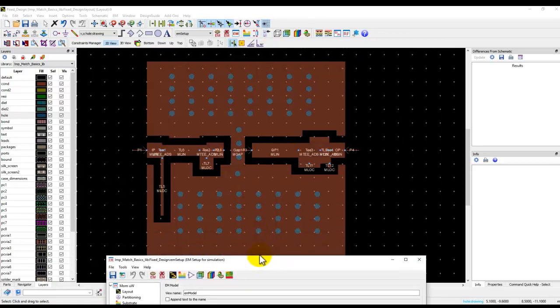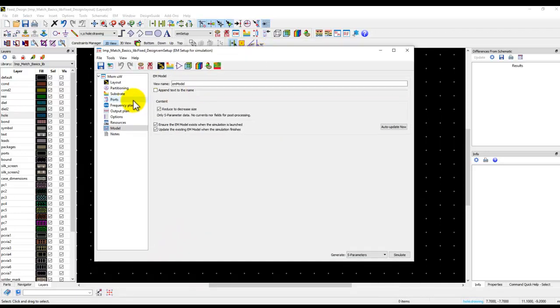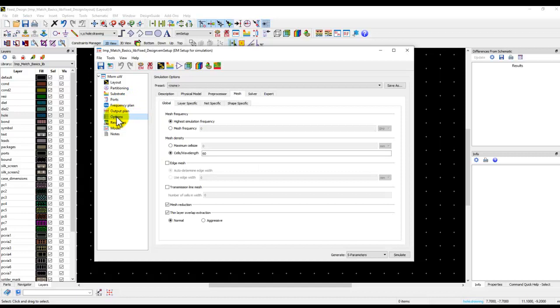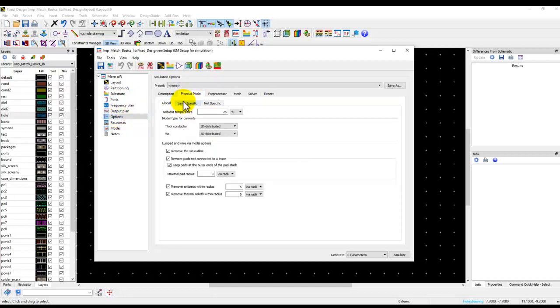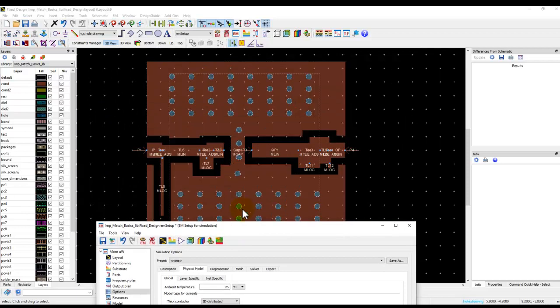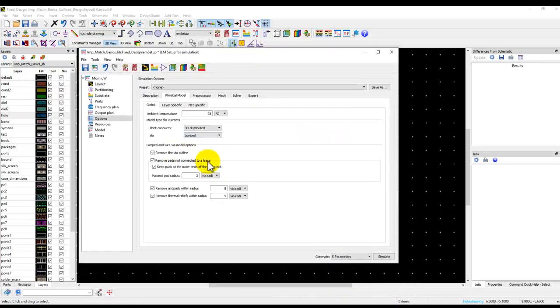But just one caution here: when you have this many via holes, to save a lot of memory when you run EM simulation, go to options, physical model, and switch the via holes to lumped instead of 3D, because all these via holes are for grounding. By doing this, you will save a lot of simulation time, memory and effort from your side. I'm not going to do that, but in case you want to,